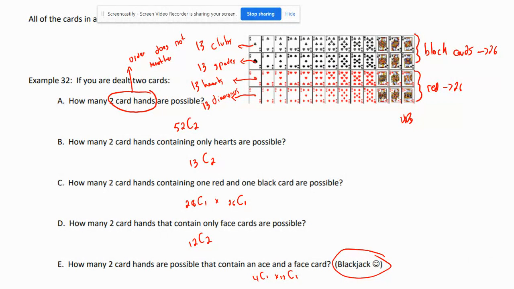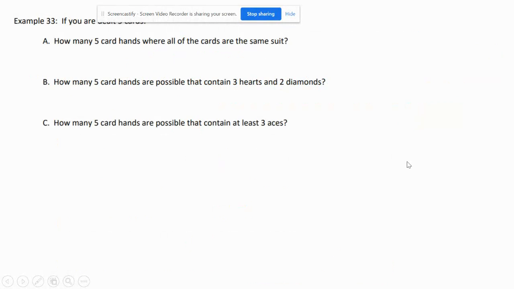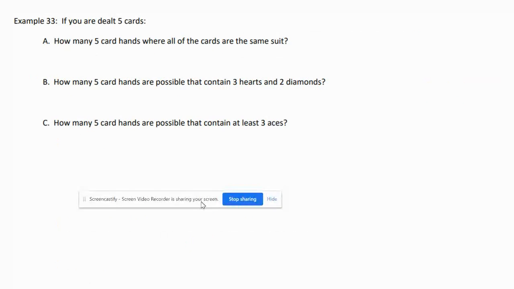Okay, how many 2-card hands have only hearts? Well, there's 13 hearts. 13 choose 2. They're getting that number. Then how many 2-card hands are possible? It was 52 choose 2. So the probability would be this number divided by this number over here, and they can do that very, very quickly in their head like that. There are people who are very gifted at dividing big numbers in their head, but they can figure that stuff out. Okay,